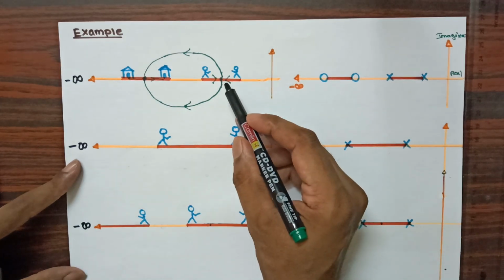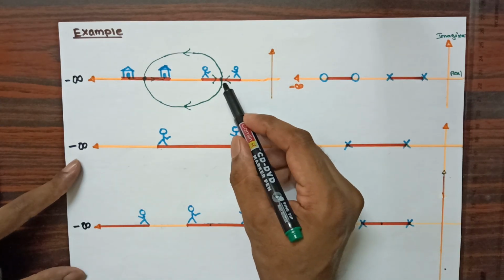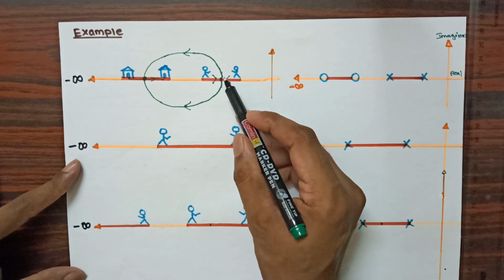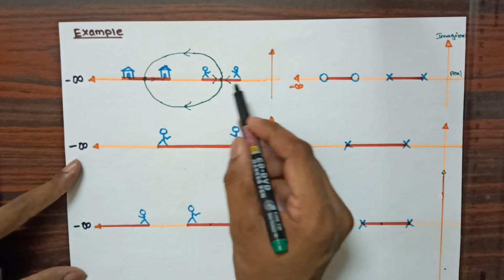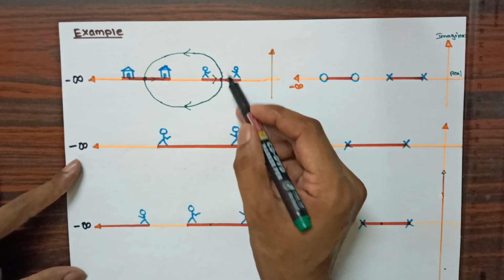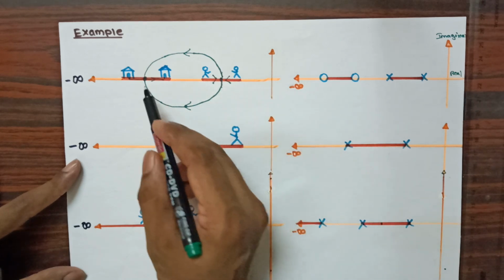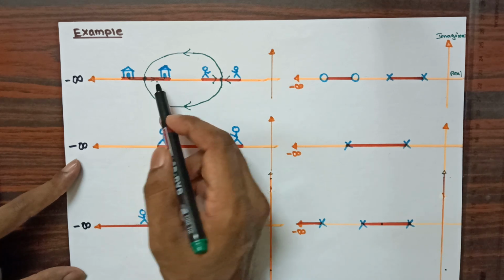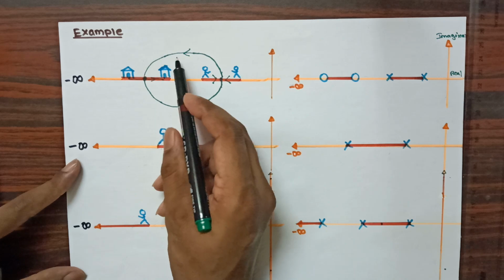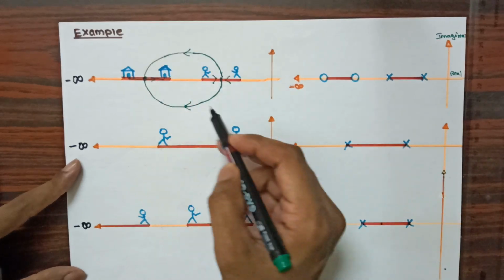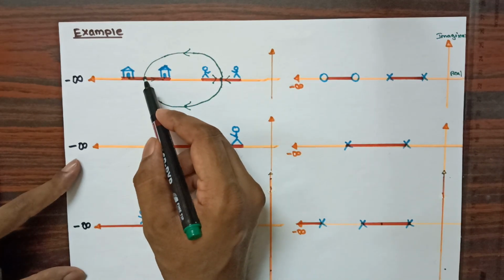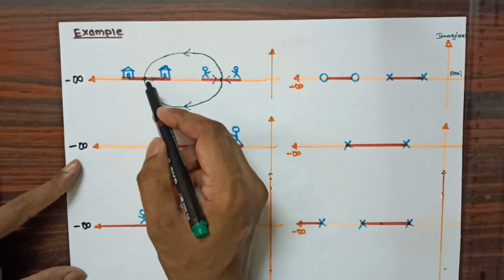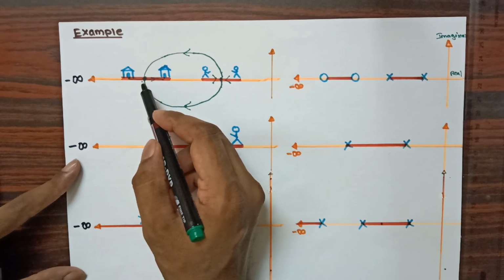So the point here where they are meeting, we can say a point where more than one person meets we call breakaway point. In this you can see that when 2 persons are there we are getting breakaway point, whereas here you can see when 2 destinations are there then we are getting break in point. That means here the persons are arriving at a common point. So such a common point where the persons are arriving, that point we call break in point.